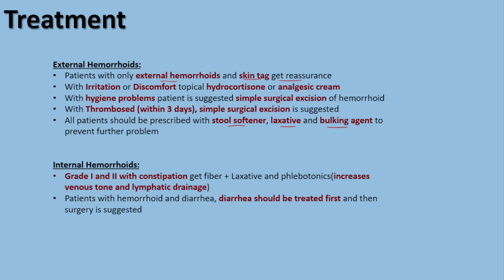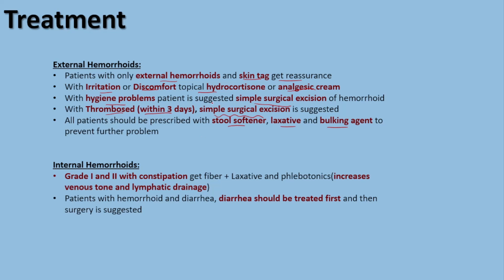If the patient has external hemorrhoid with irritation or discomfort in the anal region, topical hydrocortisone or analgesic cream can be used for this group of patients. If the patient complains of a hygiene problem, simple surgical excision is suggested in order to remove the hemorrhoid from the anal region. And again, if the patient presents with thrombus within the first 3 days, simple surgical excision is suggested so the hemorrhoid can be removed and the patient will not suffer from pain in